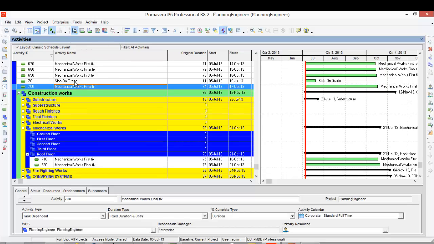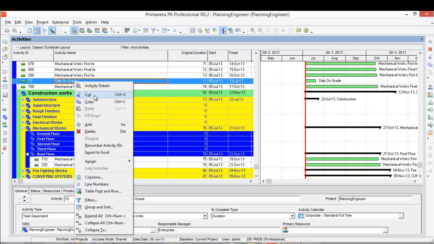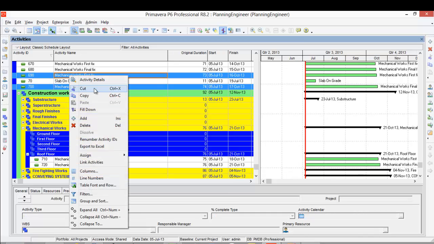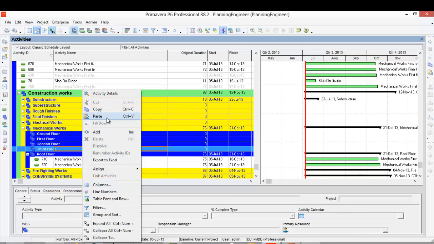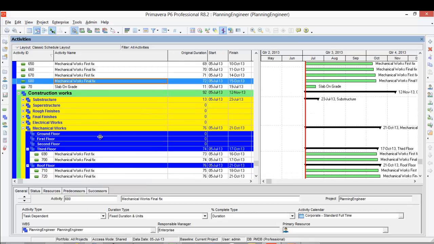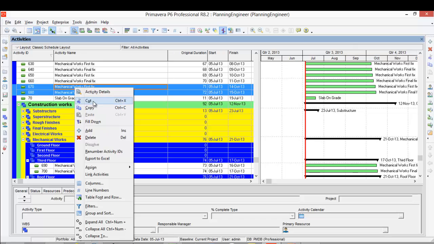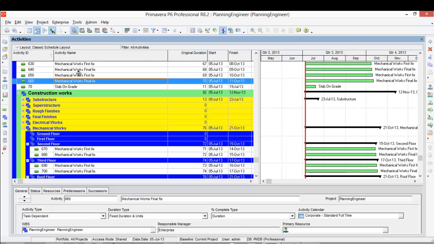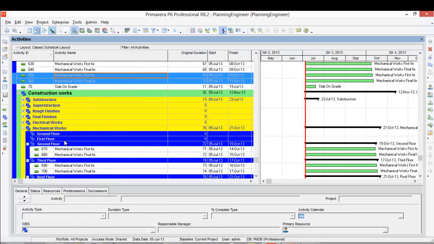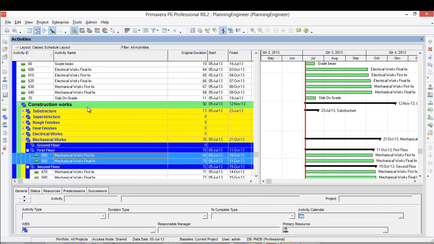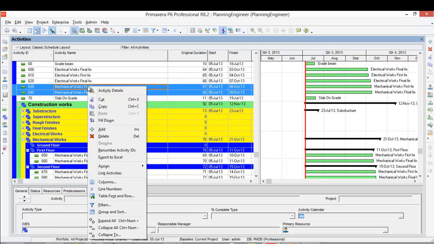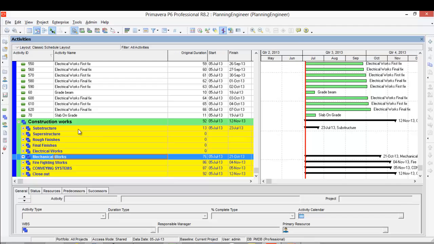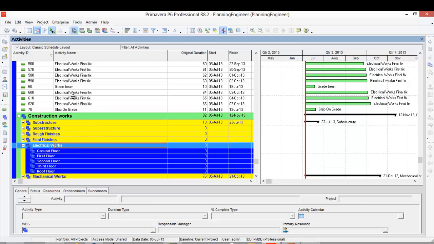Then this is 700 and 690, this is for the third floor. Then mechanical work, cut, second floor. This one, cut, first floor. This one, cut, ground floor.